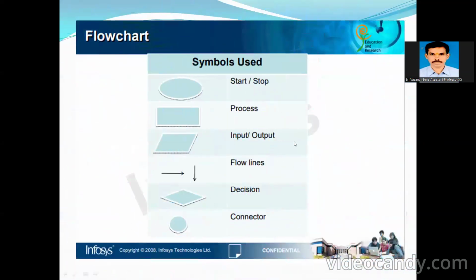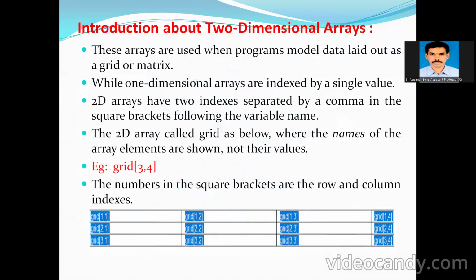So the basic symbols which we are using here are the start and stop symbols, processing, input-output symbols, flow lines, decision making, and connectors. At the same time, we are using loops in order to maintain the arrays. In order to maintain a single-dimensional array, we use one-dimensional arrays. In order to maintain a two-dimensional array, like a matrix form or a grid structure, we use